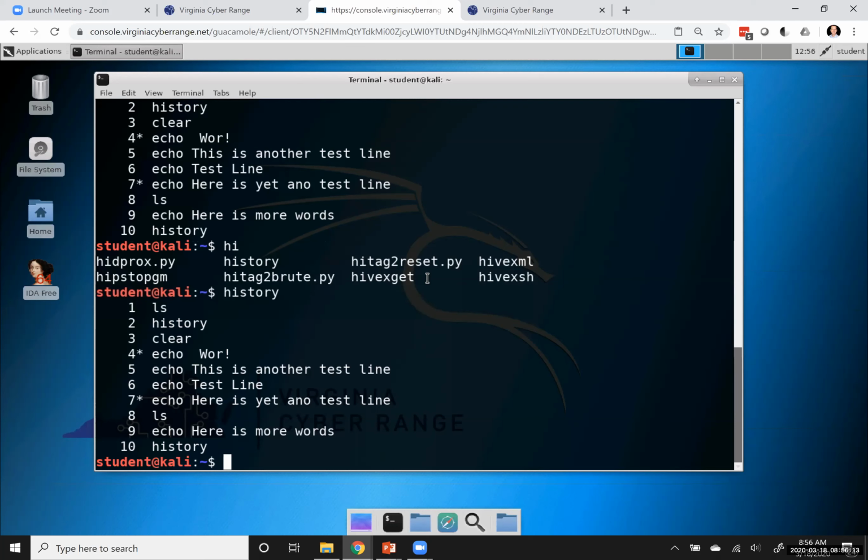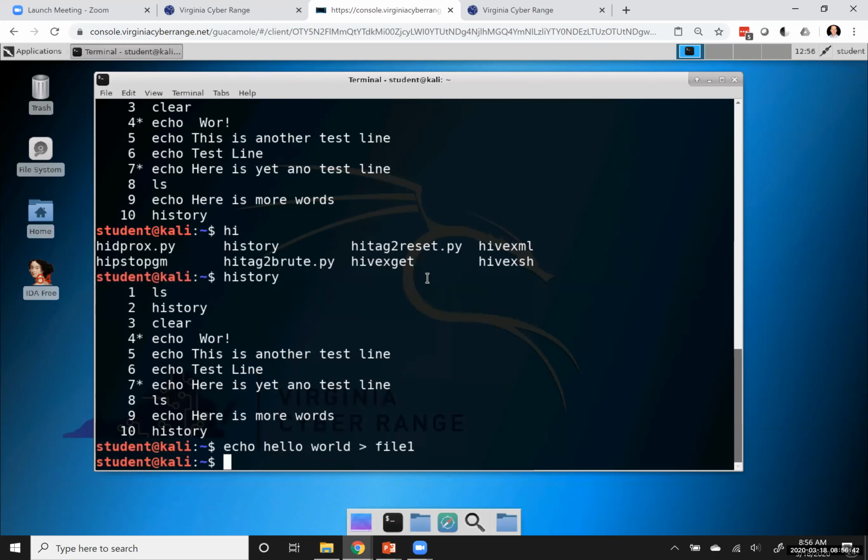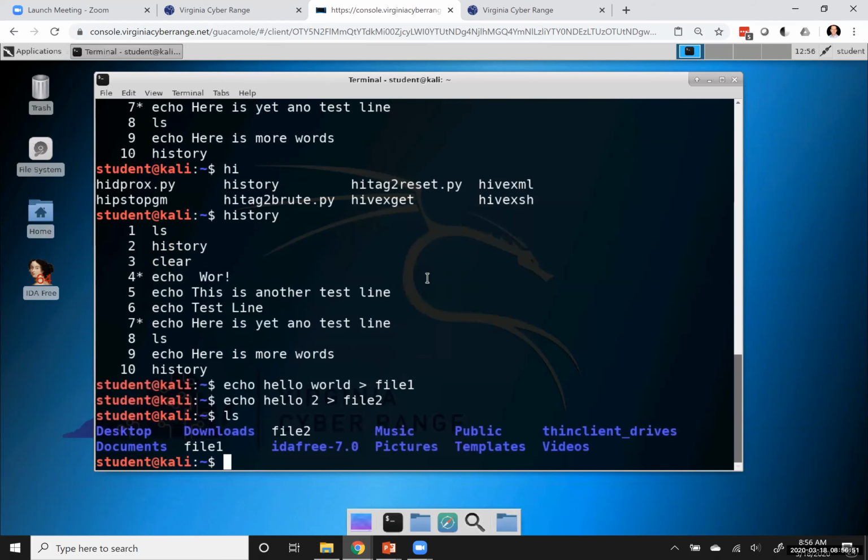So if I am trying to take an action on a particular file in a directory, I can do the same thing. Like if I'm trying to cat a file, I can. So let's say I do echo hello world, and then remember we learned this last time, we're going to redirect, and then I'm going to put that in file1, and then if I say echo hello2 and I redirect that into file2, now if I list the contents of my directory, I see I have these things called file1 and file2, and if I type in cat,